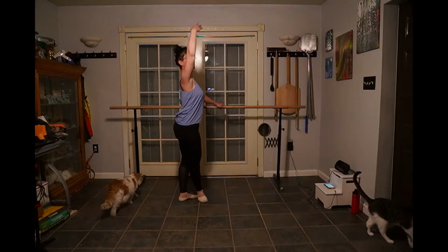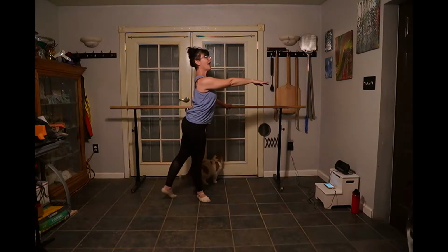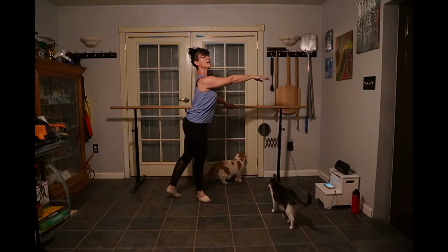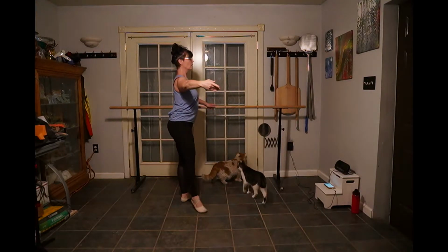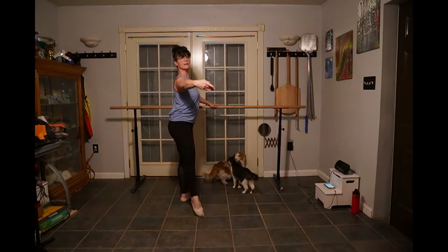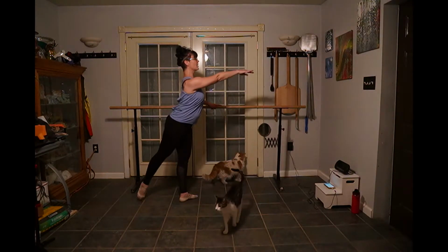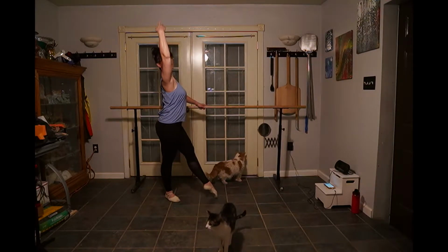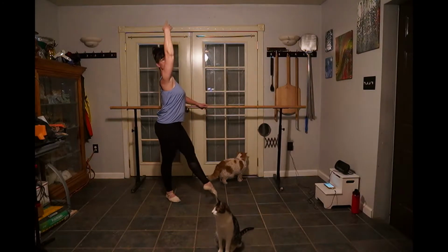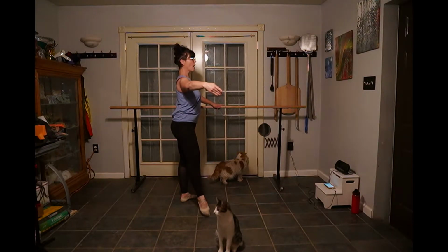And 7, 8, tendu, battement, tendu. And close, to the back, close straight, devant, close plie, derrière, derrière. Now to the side, à la seconde, close straight, à la seconde, close straight. And out, close plie, now passe from the back to the front, and change, start from the back, derrière, close straight, and devant, close straight, and out, close plie, devant, close plie, à la seconde, close straight, à la seconde,